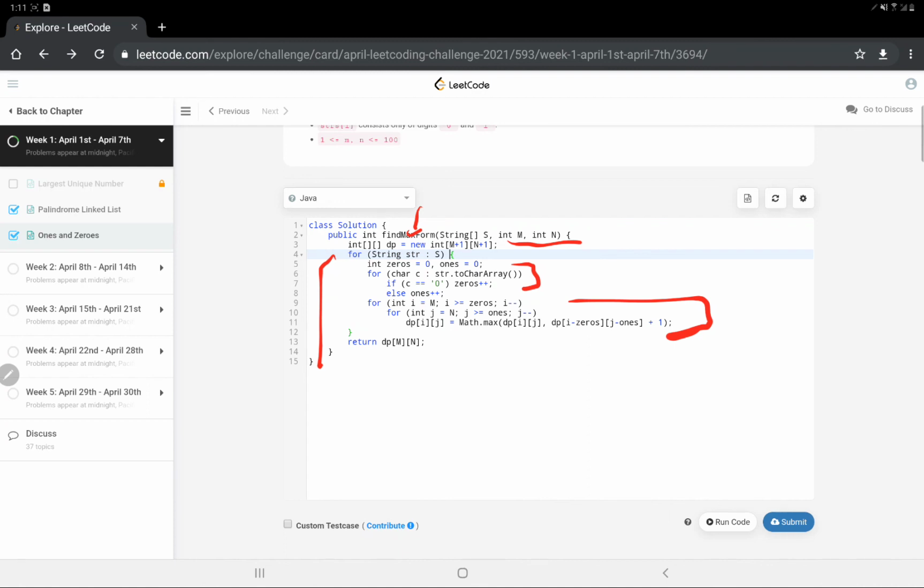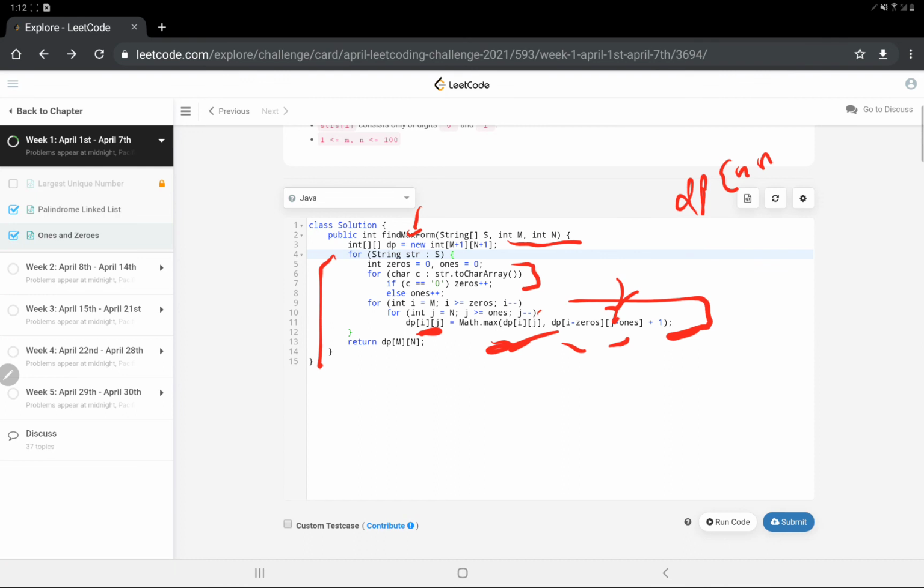Alright, if I have the count of 0 and 1, after that I just have to update my DP array. So how will the DP array be updated? Firstly, i will range from m down to the count of zeros, how many zeros we have, and j will range from n down to the number of ones, and likewise. So for every position we will check, because we have to maximize at position m and n, so that's why we will check the value present there, and from where we can get to this, is i minus the zeros and j minus the ones, plus 1, because that value will add up and give our answer. Alright, so how many maximum are present over here plus 1, or the maximum value present over here. So if we fill in this bottom up manner, then sure we will get our answer.